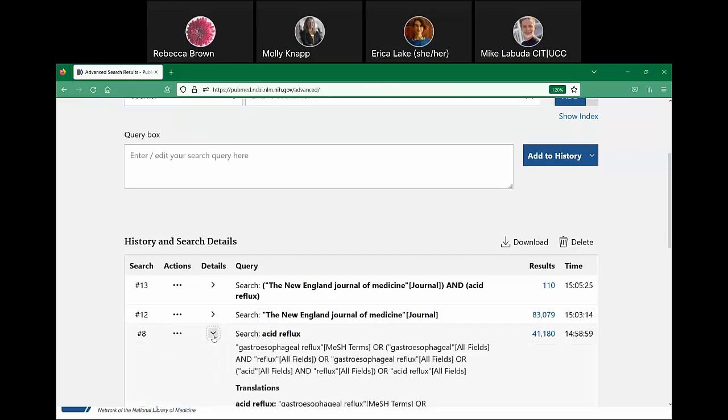So when you expand that chevron, you can see how PubMed interpreted your search. For our acid reflux example, you can see that PubMed also searched for our term gastroesophageal reflux in addition to our term acid reflux. So what this means is even if we don't know the medical term for acid reflux,